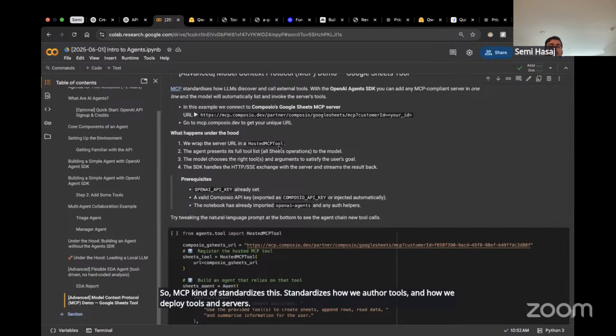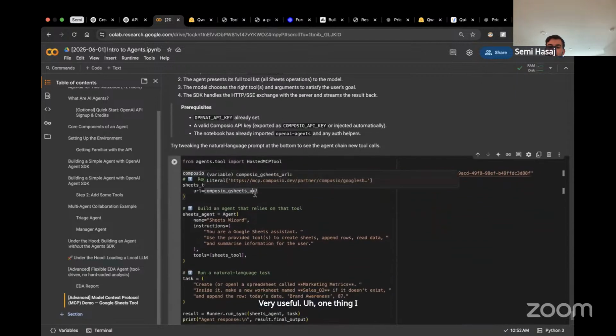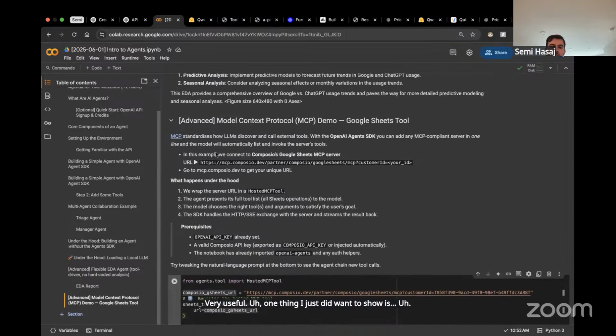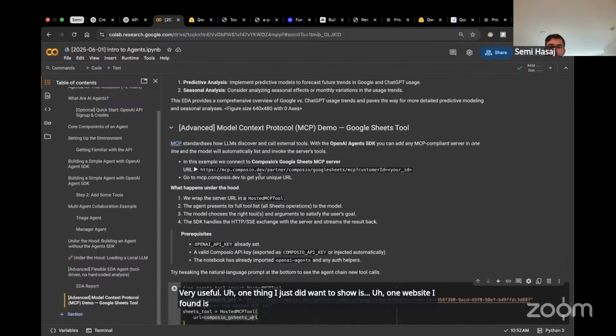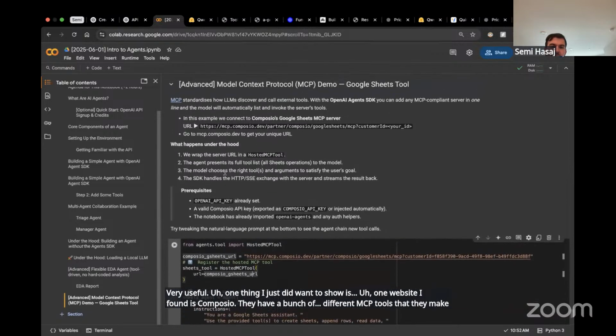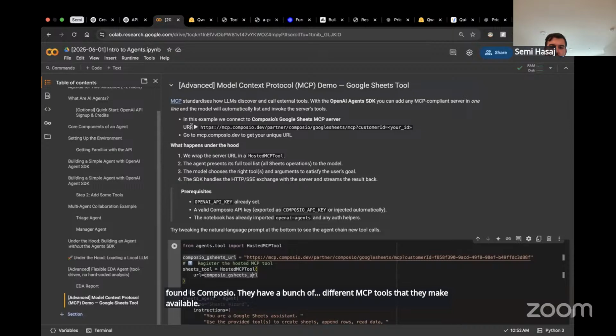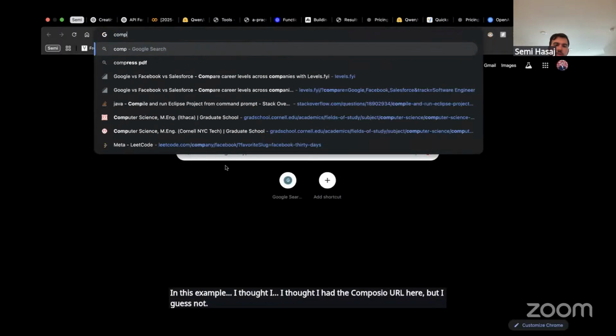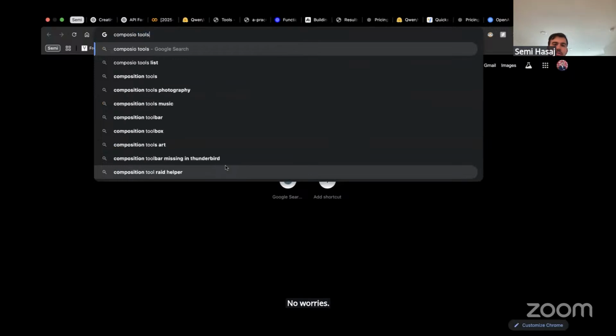Very useful. One thing I just did want to show is one website I found is Composio. They have a bunch of different MCP tools that they make available. In this example, I thought I had the Composio URL here, but I guess not. No worries. Composio tools.